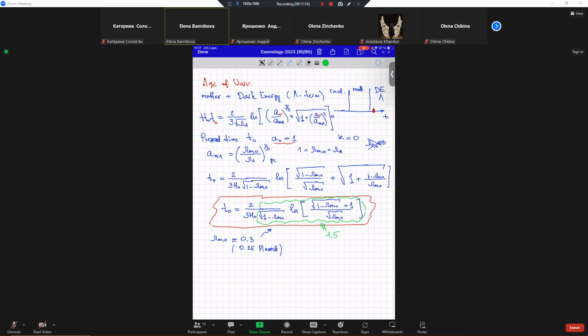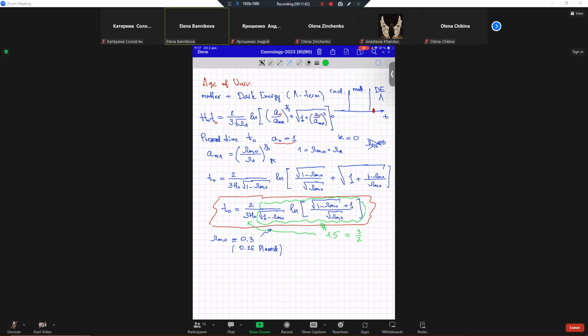So this is just a number, 3 divided by 2, which looks like it compensates for this approximately 2 divided by 3. It's such a miracle, because finally for this stage we obtain T0, the age